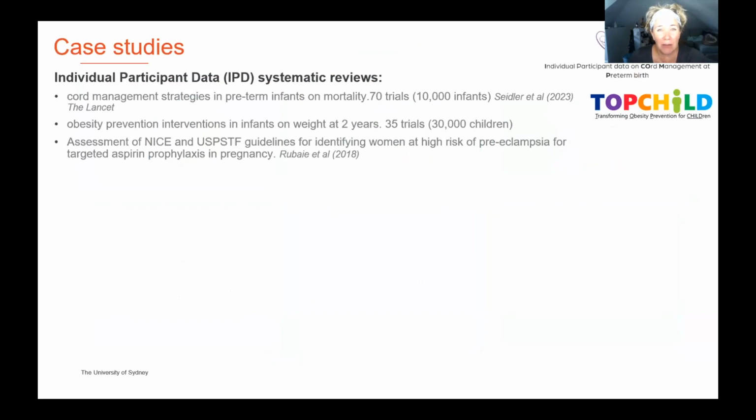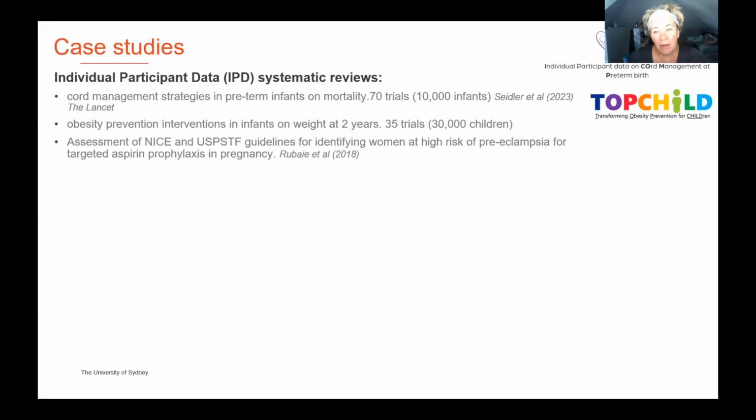So it was about how you handle babies after they were born preterm, and whether you immediately cut the umbilical cord, delay cutting the umbilical cord, or milk the umbilical cord. And we showed something through the 70 trials of over 10,000 infants, in low, middle income and more developed health system countries, that all had the same effect: that delaying cord clamping was best if possible. And with that, we're now working hard with ILCOR, who write international clinical practice guidelines for the world, on how to manage preterm births in all settings.